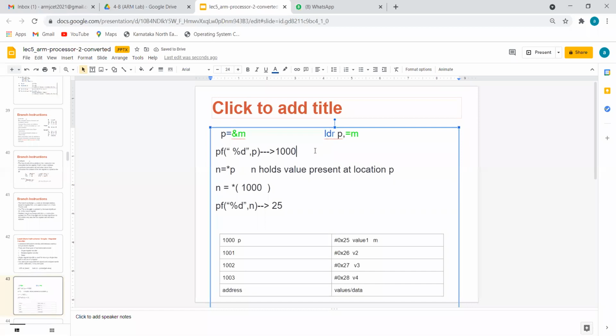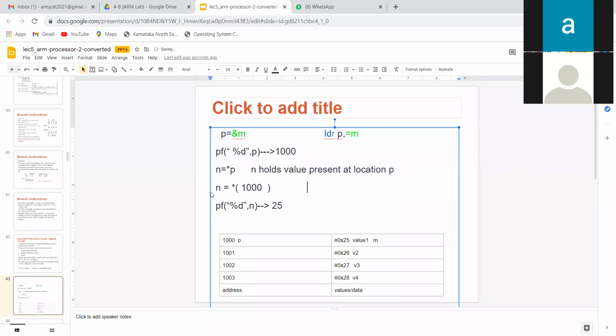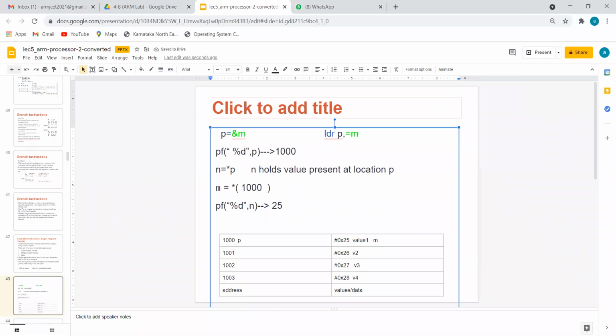LDR. Okay, now the next question. Here, how to write this value now? Once you get a star, this is again LDR. What I do here is I cannot use P because of the restriction for our ARM subject. I have to use R0 to R12 only. So P is not allowed in our ARM language. So what I have to use is R1.